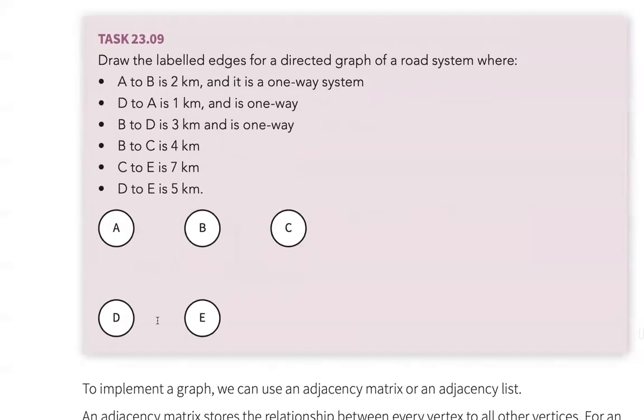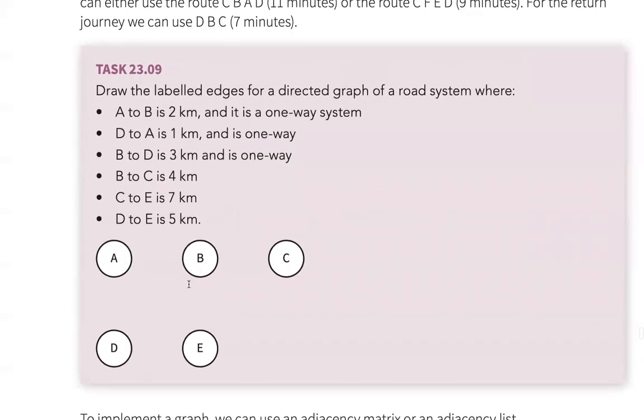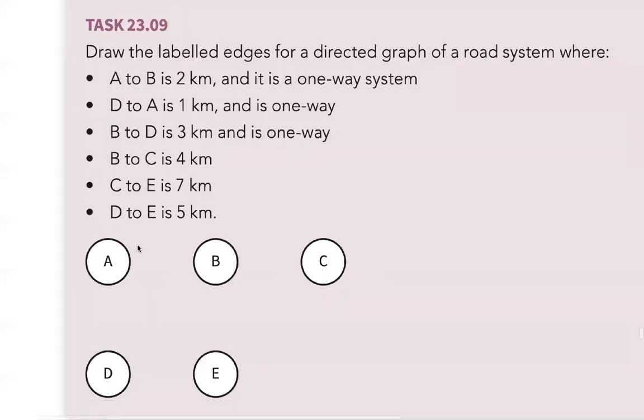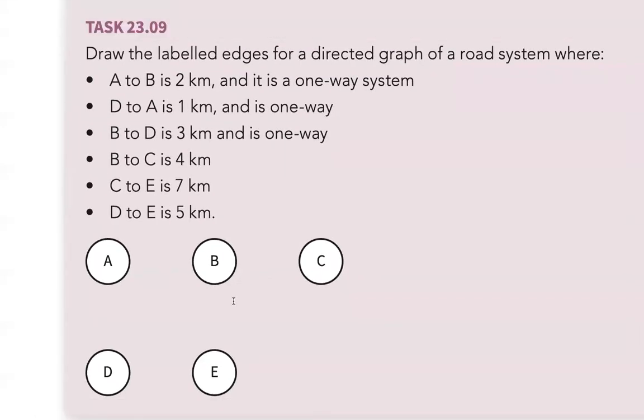Now, considering this example over here, we have to label this graph based on this description here. So it seems pretty straightforward. Let's try this out. Now, first description, it says that,